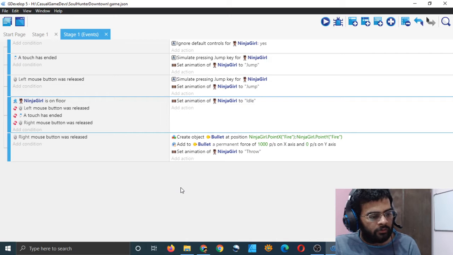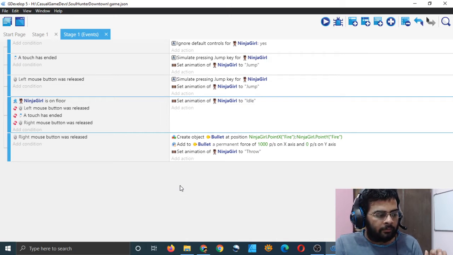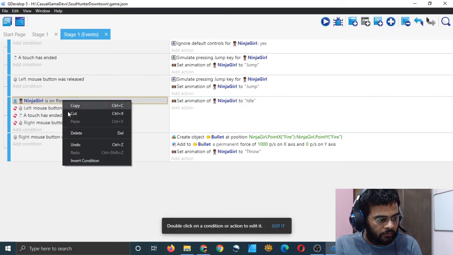So what I should do is remove this condition that Ninja Girl is on floor. And when none of the buttons have been released, Ninja Girl will be set to idle. Let's try doing that.